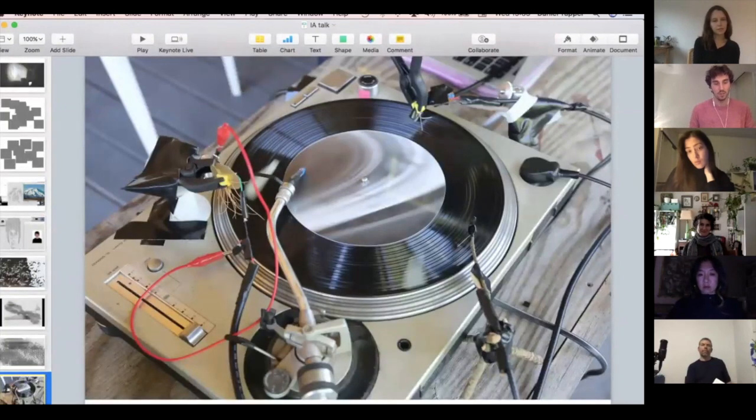Again, I think I was talking about some of these conversions from information into physical objects. So this was a project a year or so ago in upstate New York, where I built a bunch of records that had astronomical data cut into them. This is a sonification of Saturn's rings, and I thought it would be quite poetic to create a record out of Saturn's rings, because a really common thing people say is, the rings of Saturn look like a record. In fact, they're concentric rings, so it wouldn't play like a record. They'd be locked grooves. I made a record out of them anyway. But yeah, it was a poetic notion.